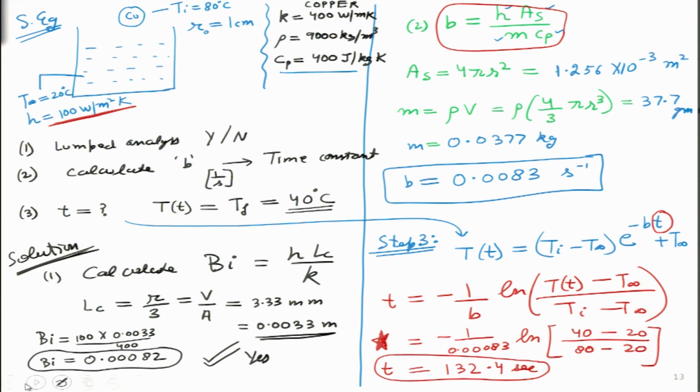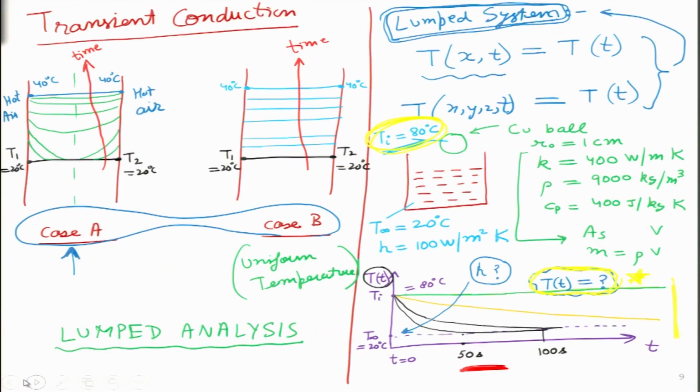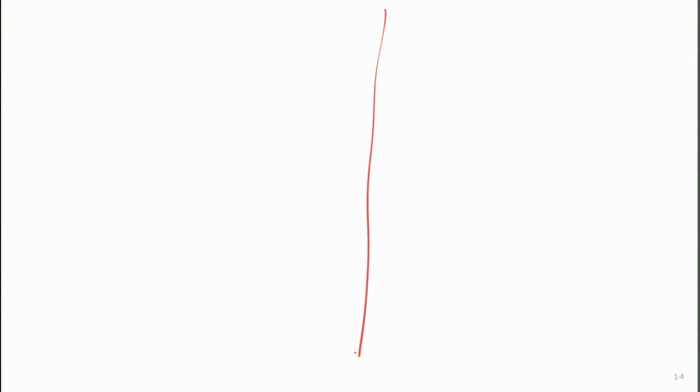Now, let us go back to that particular curve on, I think, slide number 2 over here. Yeah. So, now we got a very good approximation. I had written 100 seconds. Now, let me cut it, and over here I will write that this is actually, okay, let me draw a new curve, because this one is not for 40 degrees. Very quickly I will draw a new curve over here.